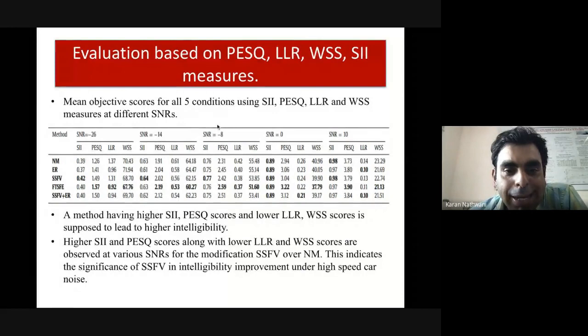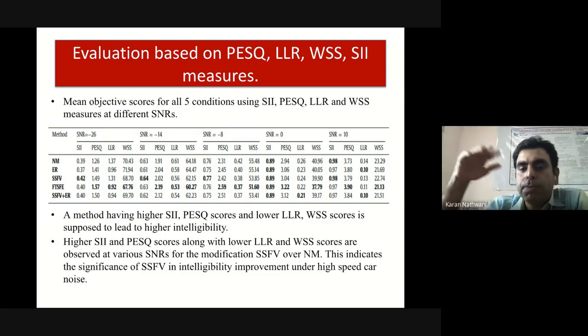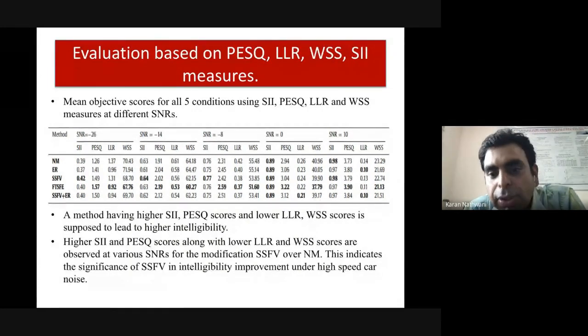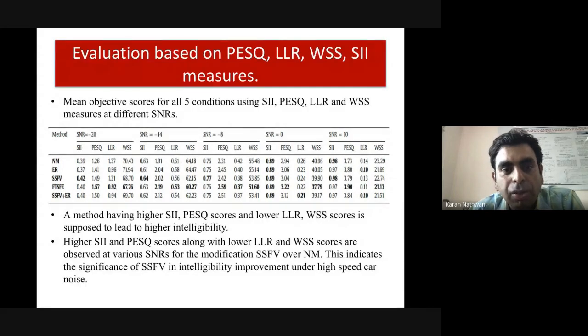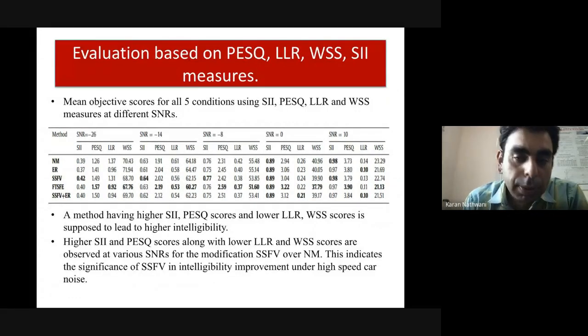So I hope you have got an idea that when I'm moving to the higher SNR values, when the SNR becomes very positive, like 0, +5, +10, you see that the intelligibility is almost the same for all the methods. So what do you analyze by this? Can anyone tell what this corresponds to? Do we really require to modify the sound? Yes or no? Do we require it when at high SNR the sound itself is very intelligible? Do we need to modify the sound? What does your common sense say? No, sir. Yes or no?